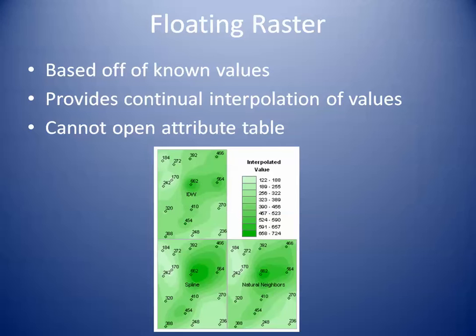So if you click on any one of these with your cursor and you're clicking away, what you're going to be getting back is a value that has values to the right of the decimal, 86.24 or whatever. And the reason it's doing that is because wherever you put your cursor down, it is quickly interpolating what it believes that value is, and that's why you can't open the attribute table,